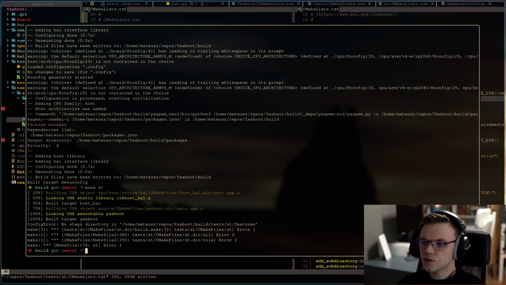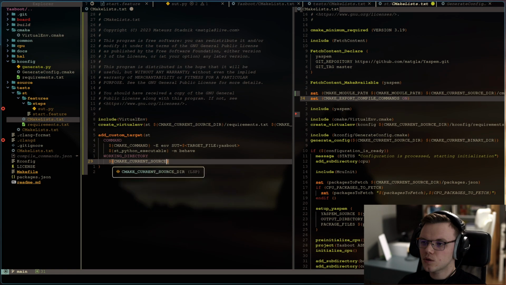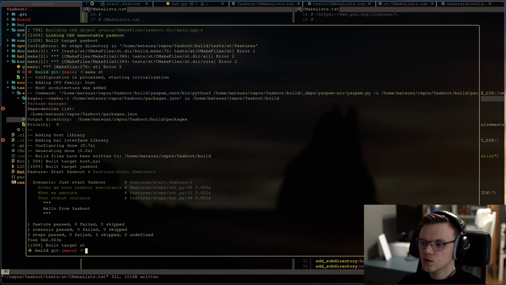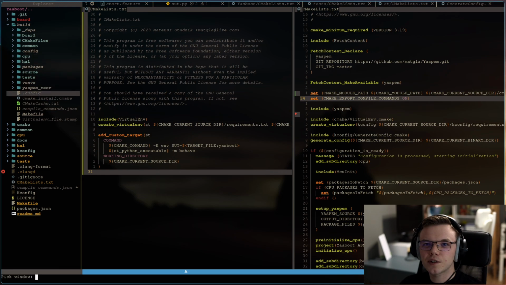And now we have a different error. Our behave is executed in the wrong directory. So let's change the working directory for system level testing. It should be the root of our st directory. And now our tests are green. And that was easy. Now we have a working system level testing environment.